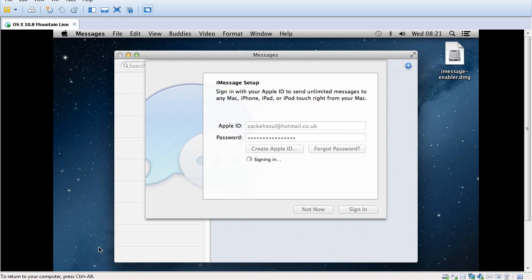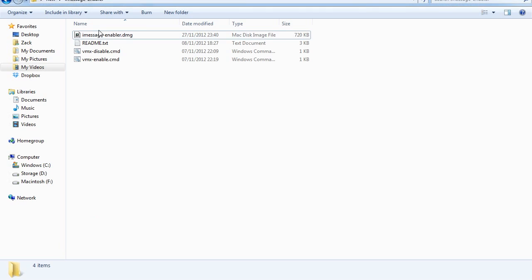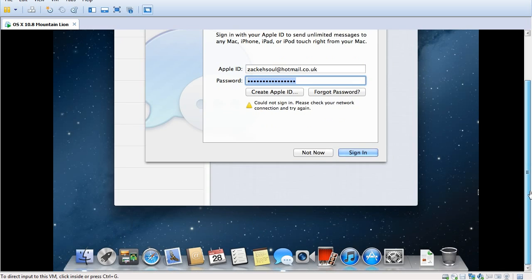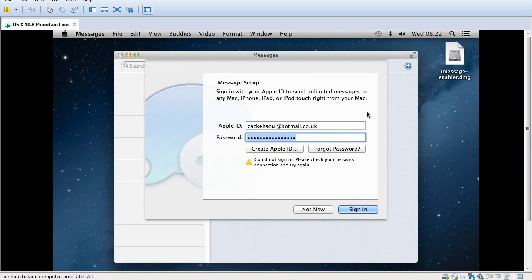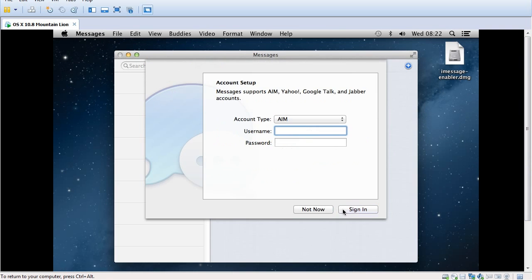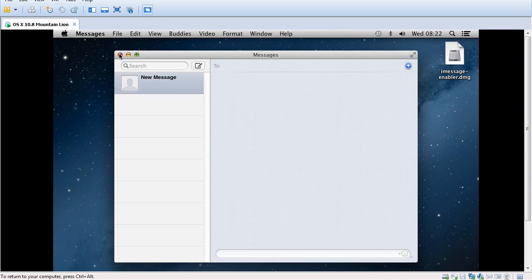Just to make sure that you didn't miss that, the two files there aren't used right now, they're going to be used in a minute. So you can see there that it says could not sign in, please check your network connection and try again, even though I have a working network connection perfectly fine in this VM. So if I go to not now and skip and just get rid of iMessage